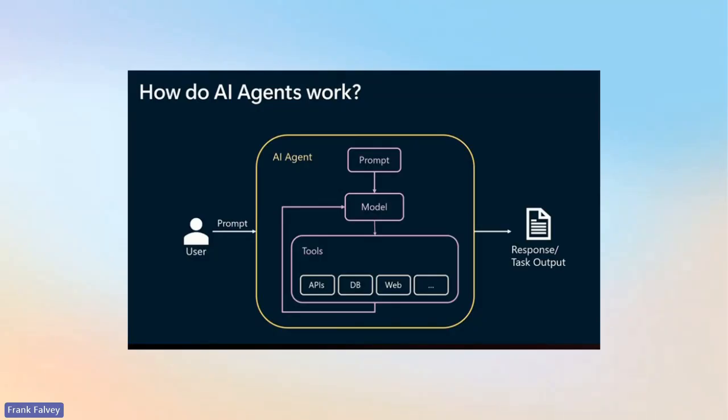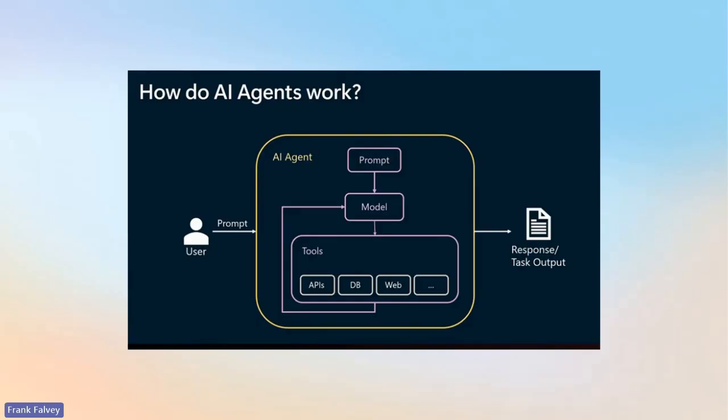So this is a basic how an AI agent works, and there's a couple of different types of them. There's an agent in the chat, and there's an agent in the Copilot Studio, and then you have the agentic one, the autonomous one that will work without any human intervention.